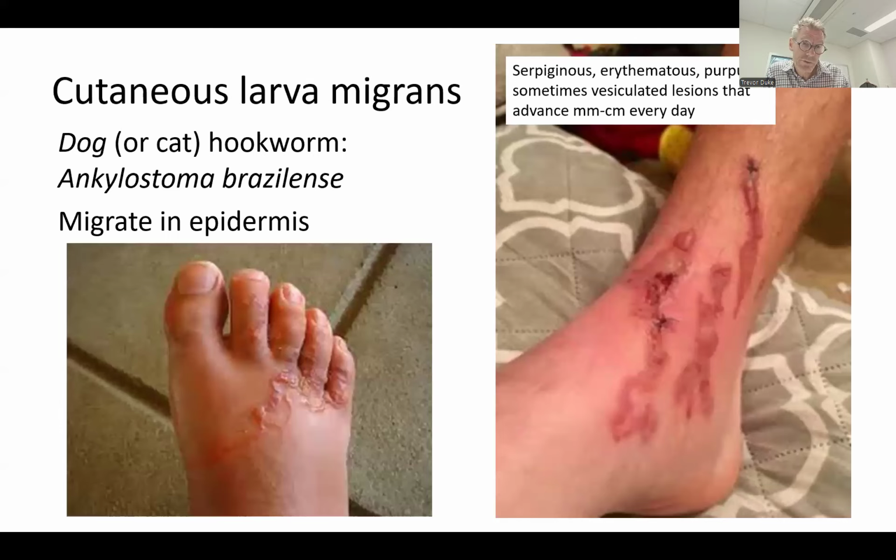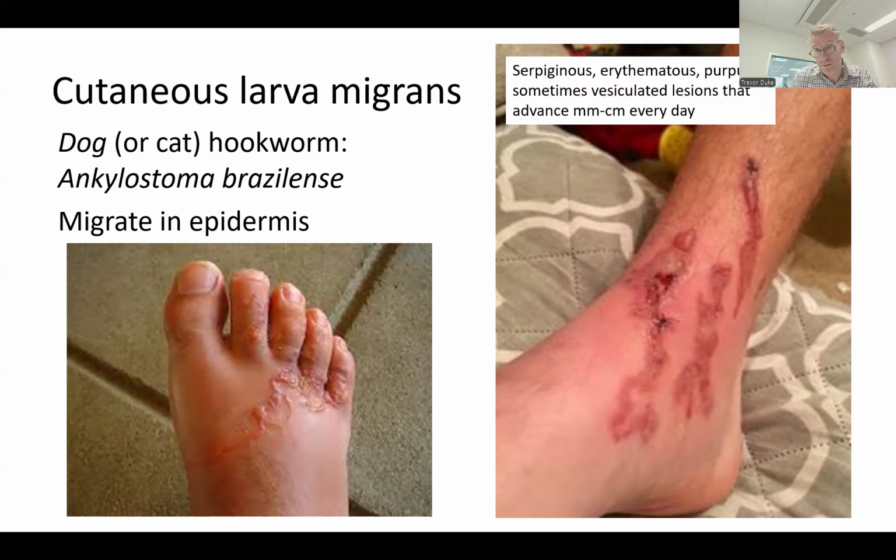And this is hookworm, and it's dog hookworm or dog and cat hookworm, Ancylostoma braziliense, and it leads to an infection that occurs usually in the lower limbs, and the nematode or the hookworm invades the skin and then